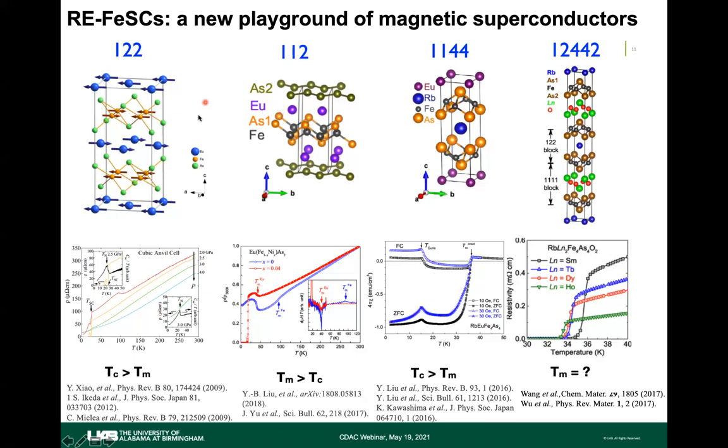And then in another example, this is a different family, it's called 112. It has 1 europium and 1 iron and 2 arsenic per unit cell. And again, europium crystallized in a physically separated layer. And it's believed, based on the calculations, the